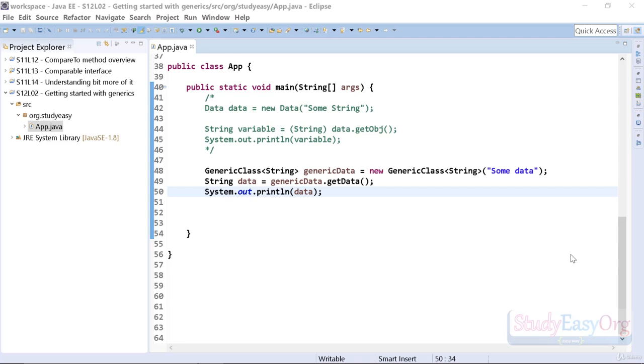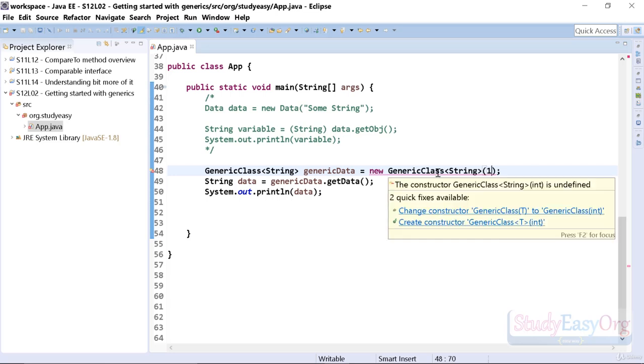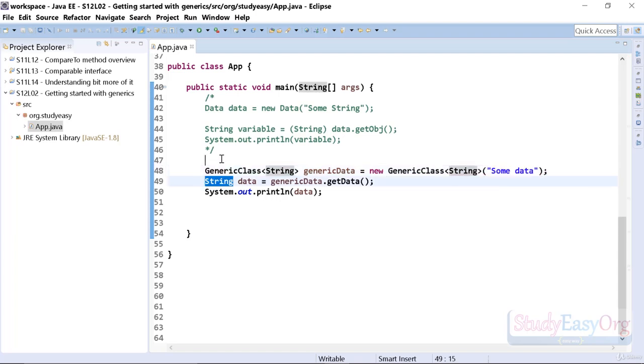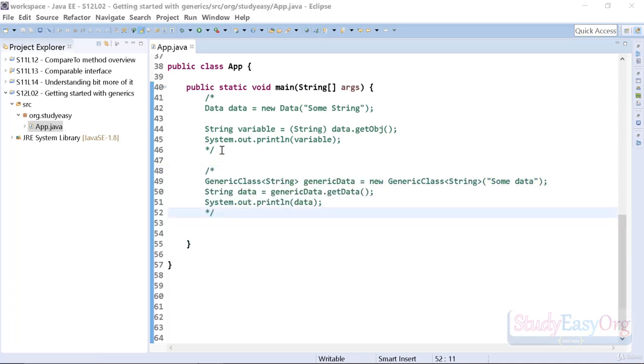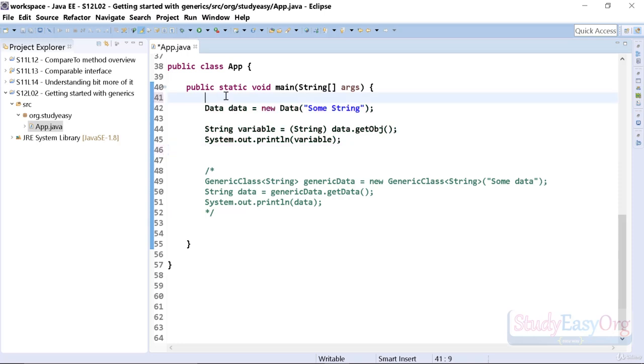The second advantage is type safety. Definitely, for example, if the data is not a string, for example, I am passing an integer value, there is a compile time error. So this is very good because we are getting a compile time error in here. Let me comment this out again, and let me uncomment this scenario where we were making use of